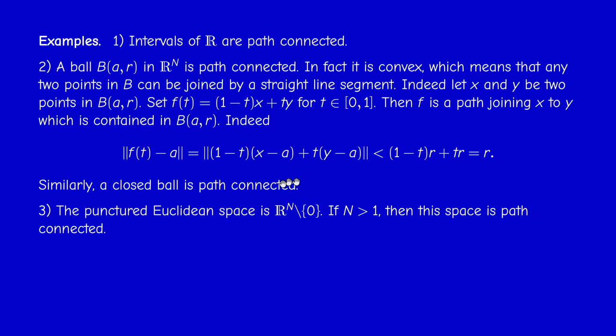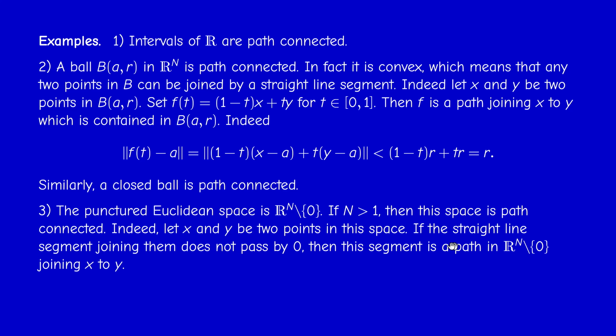Okay, now this should be intuitively clear, because we can always join any 2 points of Rn without 0 by a path, which is not necessarily a straight line segment. So consider, for example, 2 points x and y in Rn without 0. We may distinguish between 2 cases: if x, y, and 0 are not on the same line,